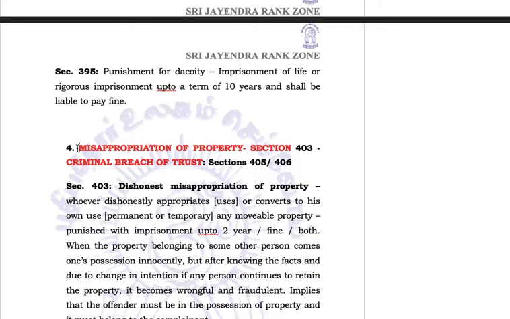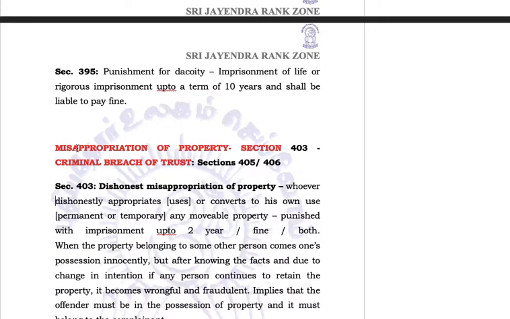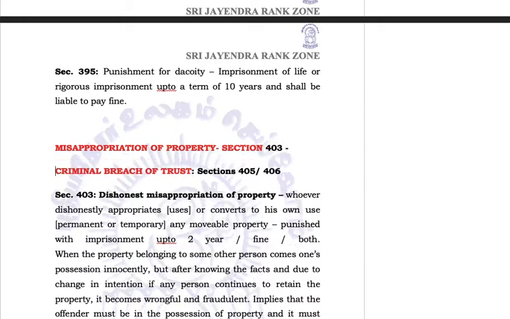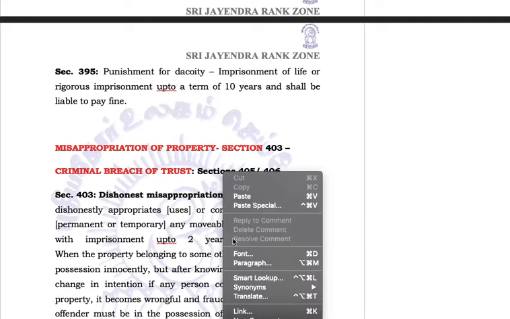The next is, because we are discussing offenses against property, misappropriation of property, section 403, and criminal breach of trust. Misappropriation of property and criminal breach of trust we will do. Okay, dishonest misappropriation of property. Misappropriation means